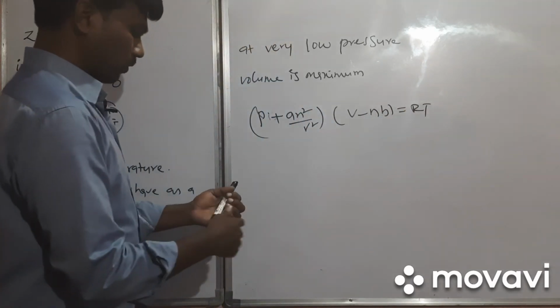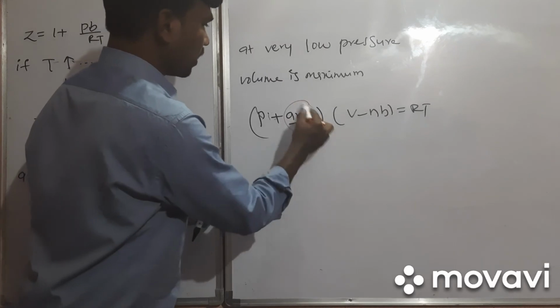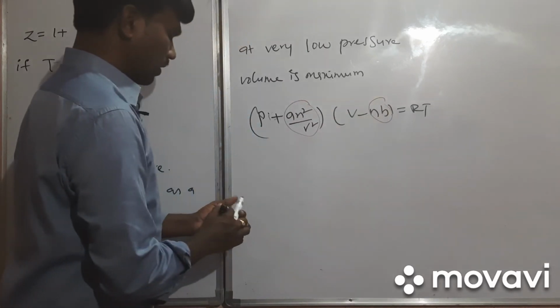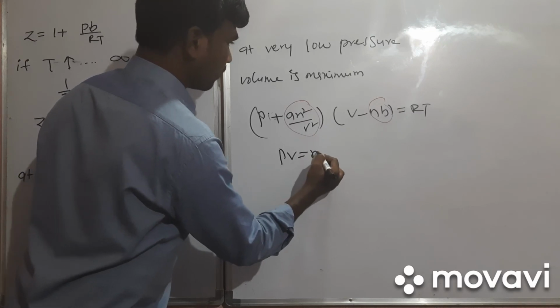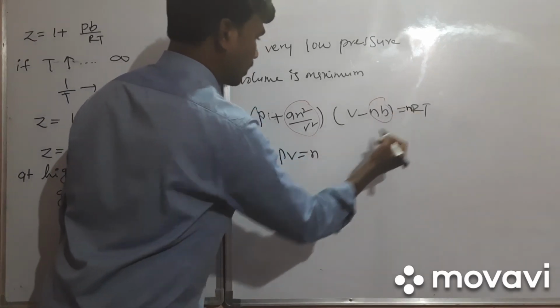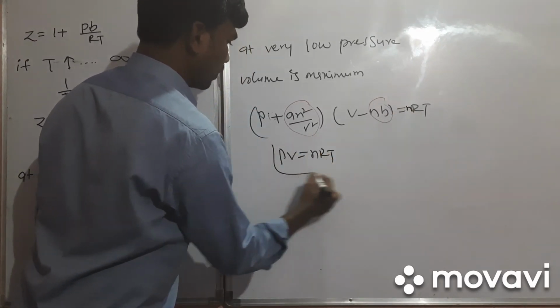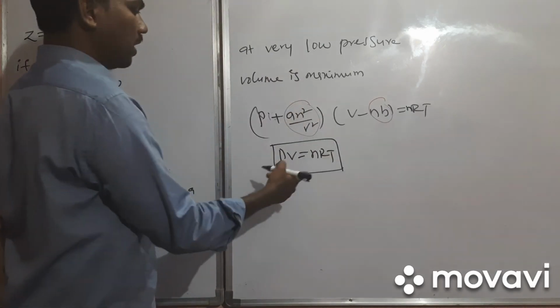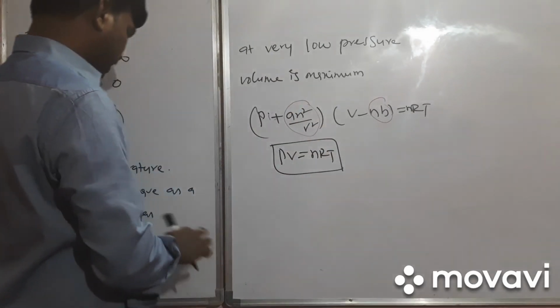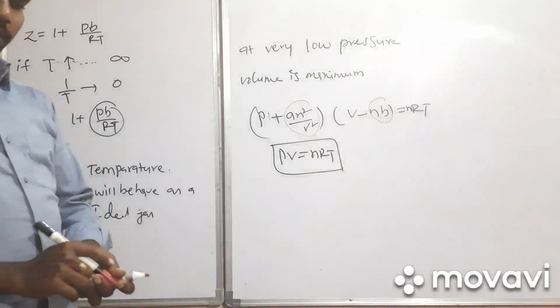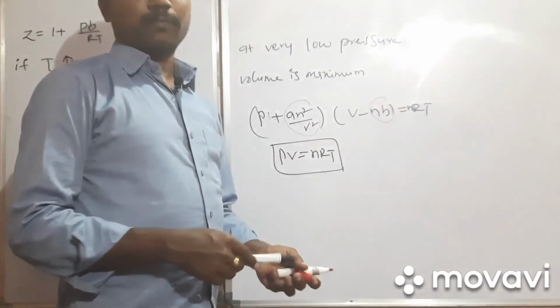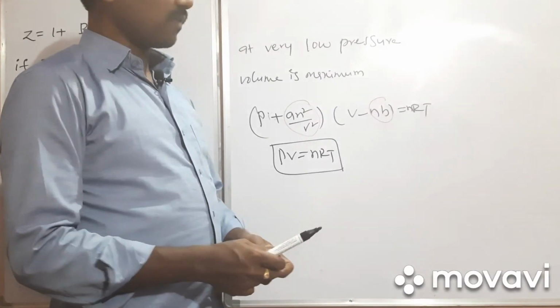In such case also you can neglect this term as well as this term. Then PV = nRT will come. So at very low pressure, it acts as an ideal gas. Meaning at high temperature and low pressure, real gases will act as ideal gas. So now, some previous questions asked based